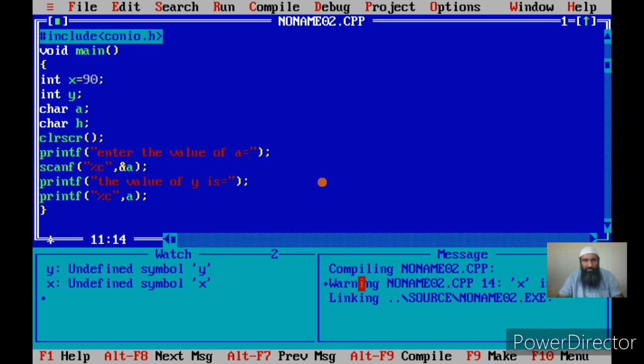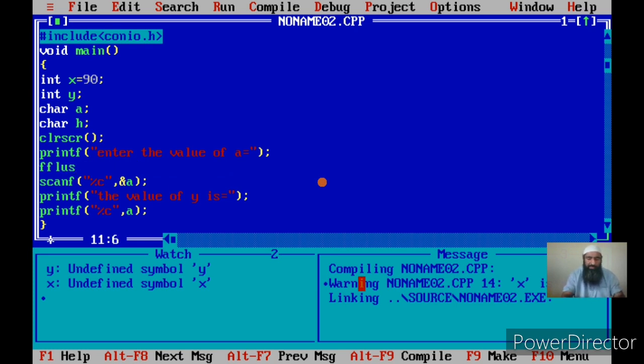Now one important thing to remember is that whenever you use scanf and printf with character variables, use a function called fflush, with stdin. This is used to clear the buffers.